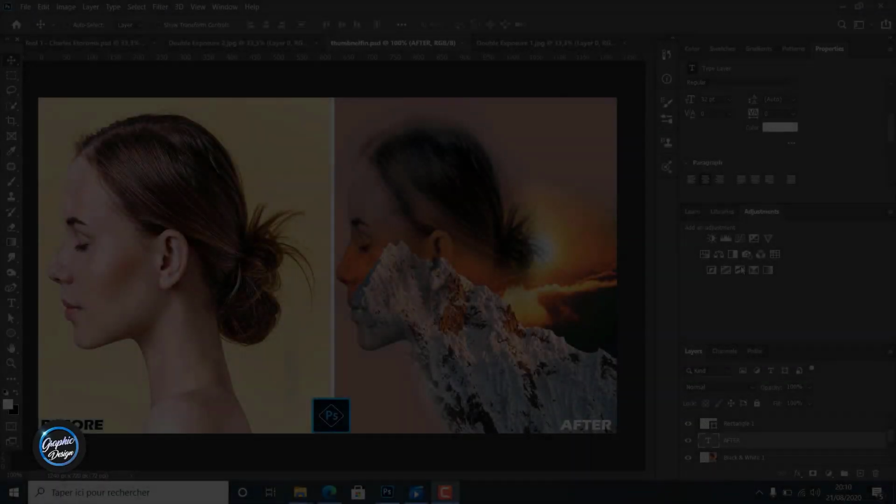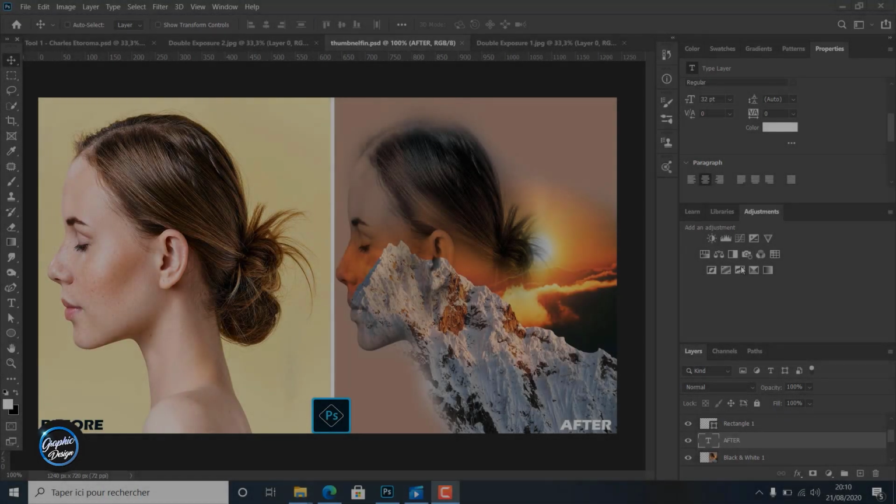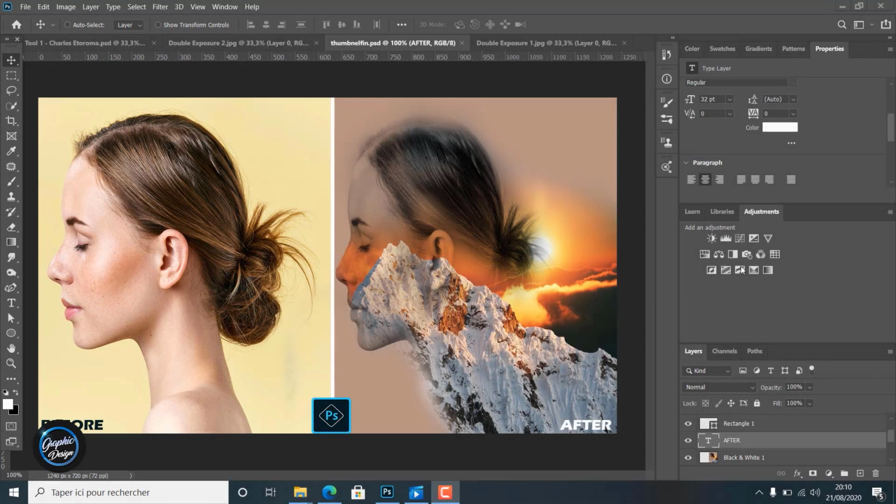Welcome guys in a new Photoshop tutorial. This time is all about masking and merging images. Like you can see in the example here, we merge the woman photo with the mountain and the sky using